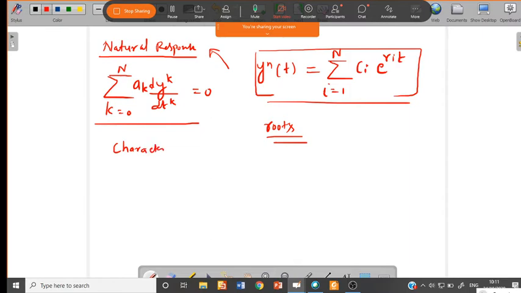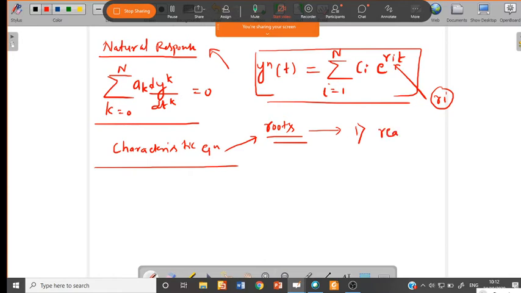Okay, the characteristic equation, which will be in the form of a second order, third order or fourth order equation. For this particular characteristic equation, there will be particular roots. That roots we are representing here as ri. These are the roots of this characteristic equation or differential equation. Now there are different forms of the solution which will exist for different types of roots. What are all the types of roots that exist?